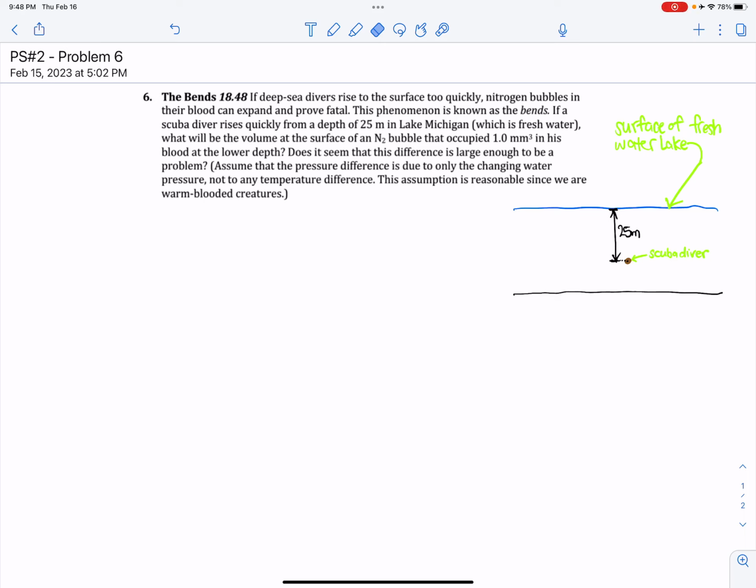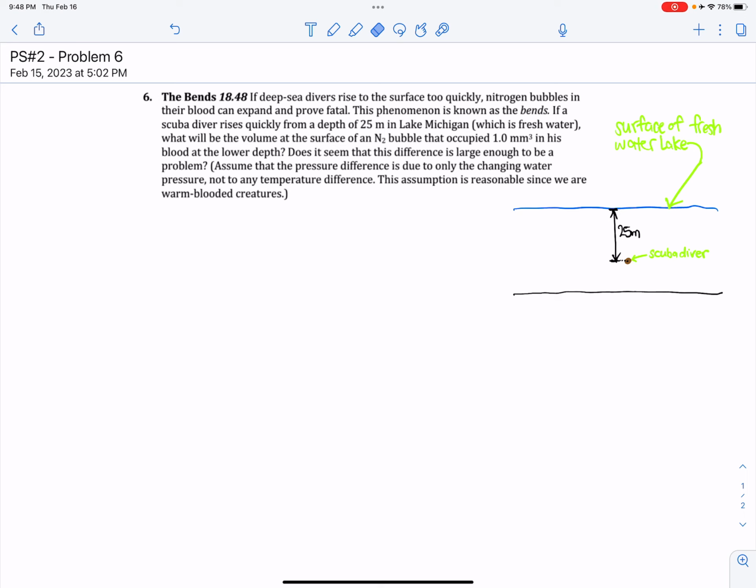Hello, this is problem set number 2, problem 6. If deep-sea divers rise to the surface too quickly, nitrogen bubbles in their blood can expand and prove fatal. This phenomenon is known as the bends. If a scuba diver rises quickly from a depth of 25 meters in Lake Michigan, which is freshwater, what will